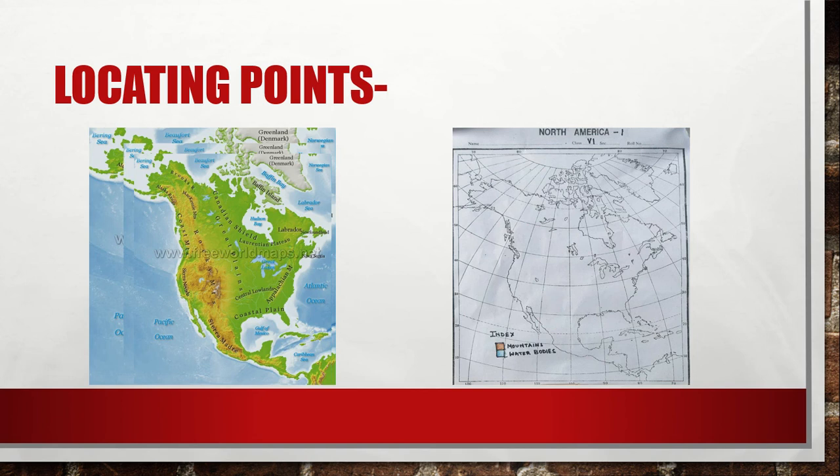The first point that we are going to mark is the Rockies Mountain. The Rockies Mountain is extending from the Alaska Range to the Panama in the south. So here with a dark brown pencil color, you will mark the Rockies Mountain on the western coast of North America. Rockies is also known as the Western Cordilleras, spanning over USA and Canada.